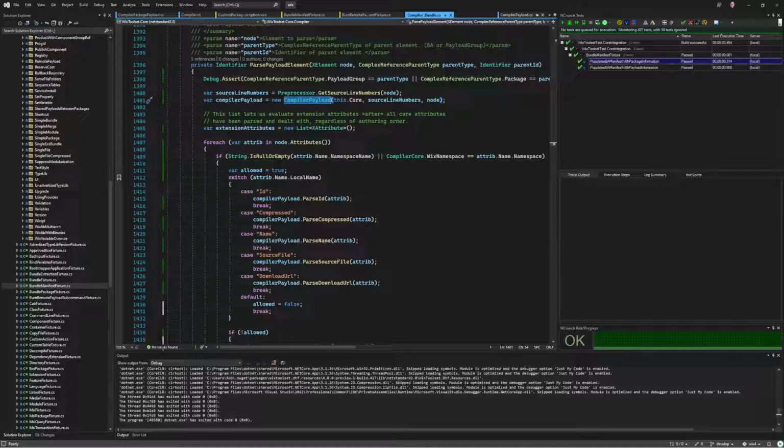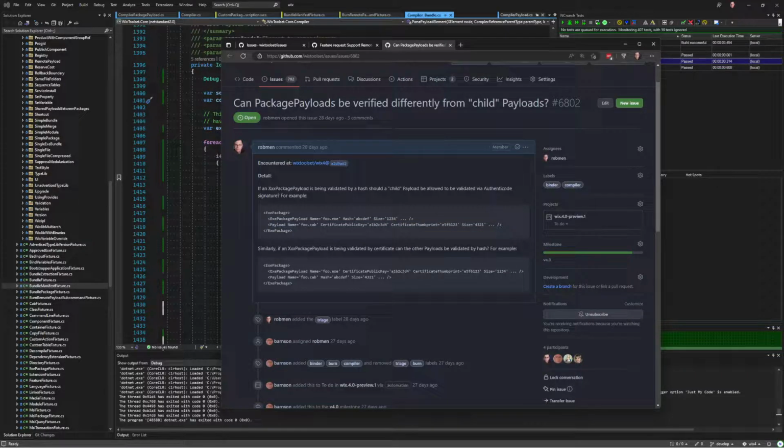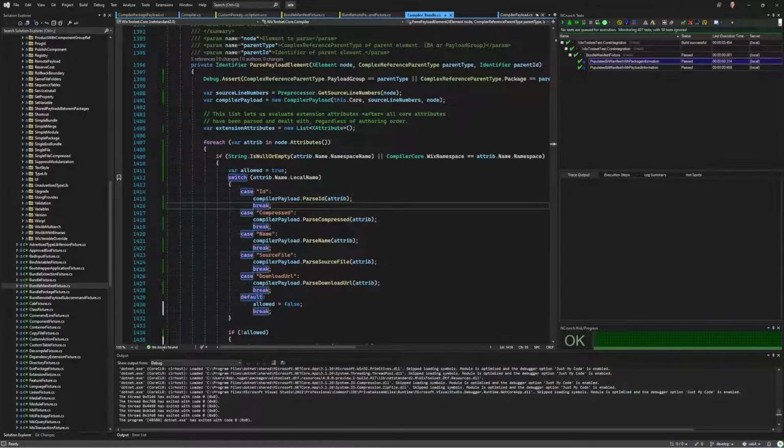So now we look here at the actual parse in the payload element and we can see, oh yeah, this does not support specifying the hash, for example. It does allow specifying the download URL, that's good, but it doesn't allow specifying the hash and it doesn't allow specifying the certificate information. And if we look here at this little example code, we could see, oh, this payload, for example, would have the certificate information specified, or this payload would have the hash specified. We need to allow payloads to have that. And then we need to check, which is what a lot of the compiler payload does, check to make sure that those attributes are actually allowed